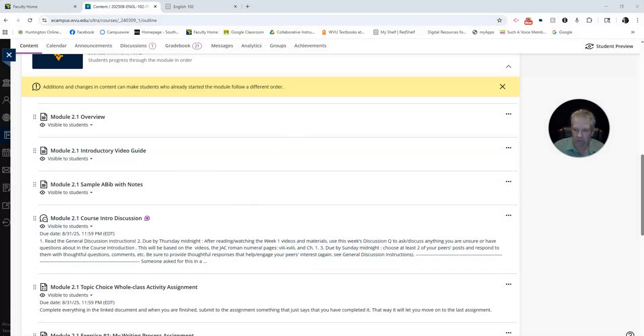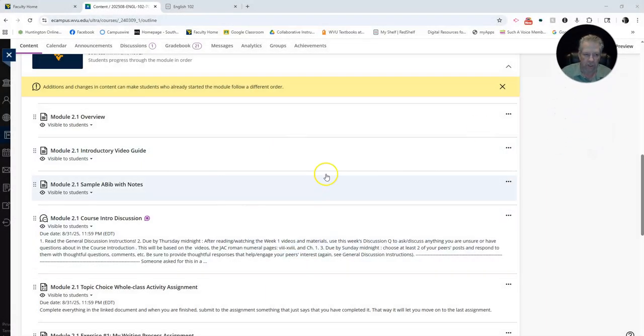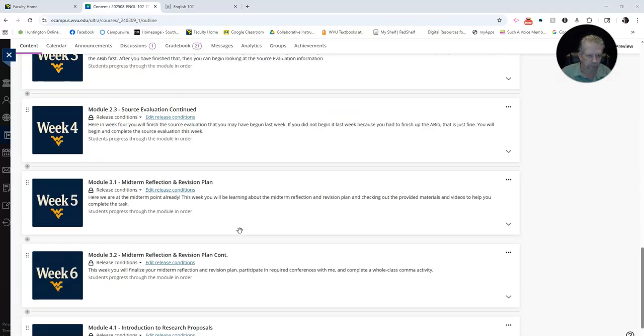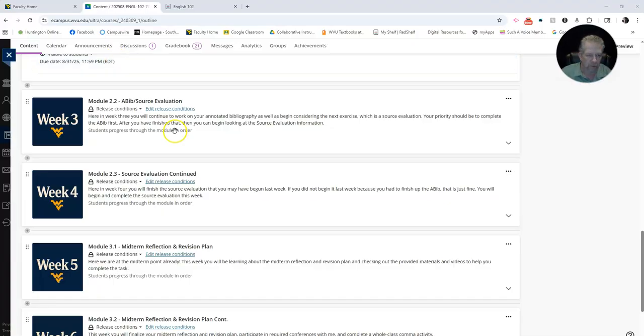And move my picture over here out of the way. And let's see here. So what we got is week 3 right here. And it was module 2.2, which means it's still having to do with the annotated bibliography. It's a little tricky because the annotated bibliography and source evaluation kind of go together, so that's why they're paired up here, and you'll be working on both of them for this week